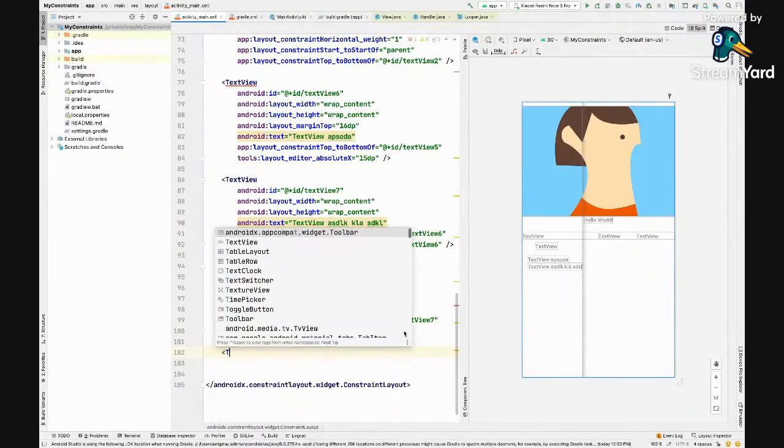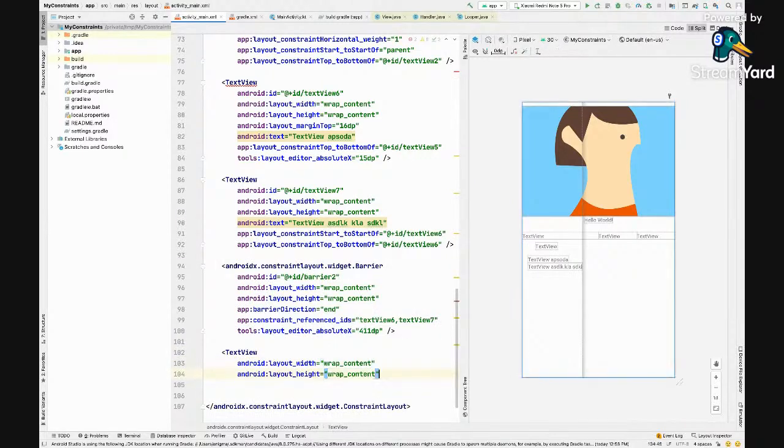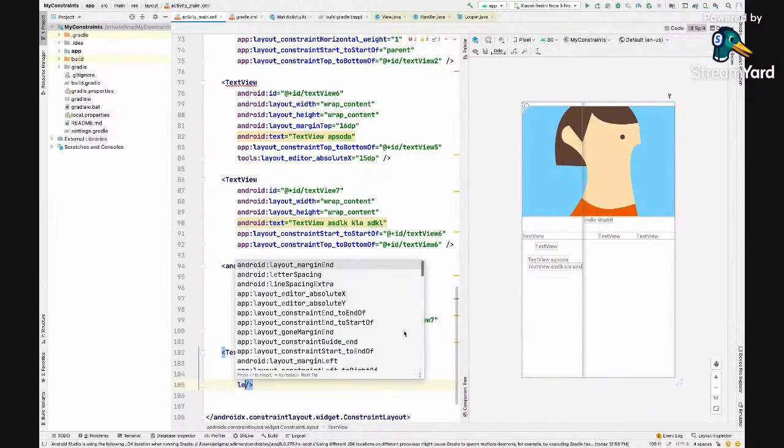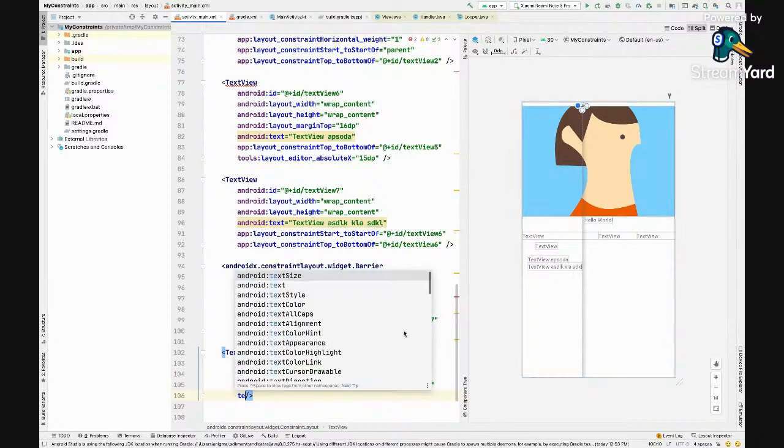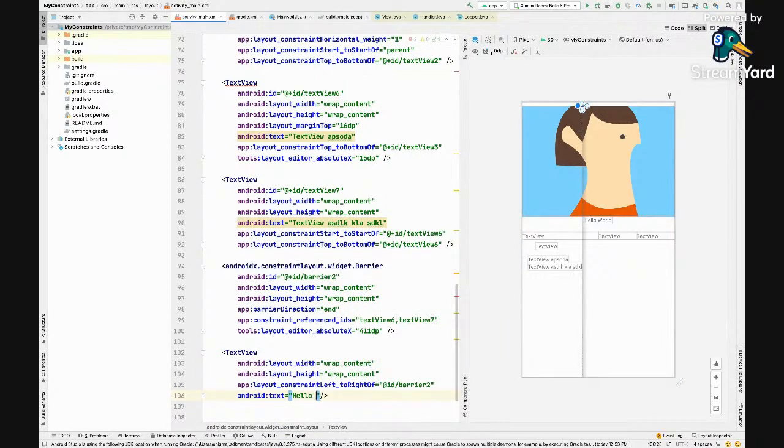Now I'll just set a text view with reference to the right of barrier, and I'll say the text to be hello world, or barrier, after barrier, whatever. Text after barrier. And this is something I'll just add to the same level as this.